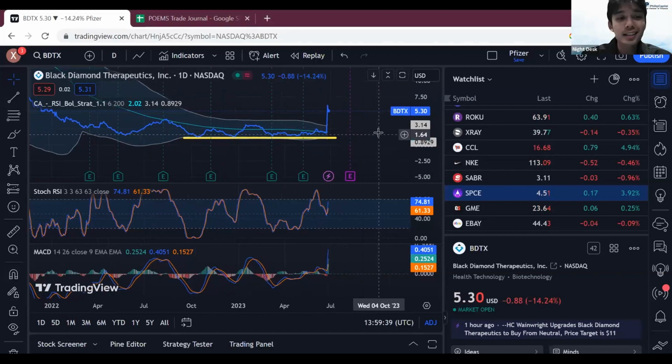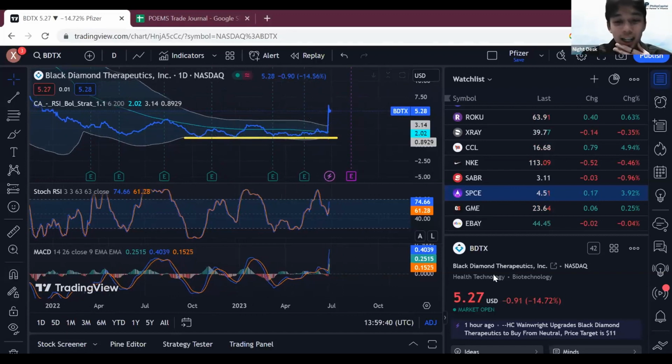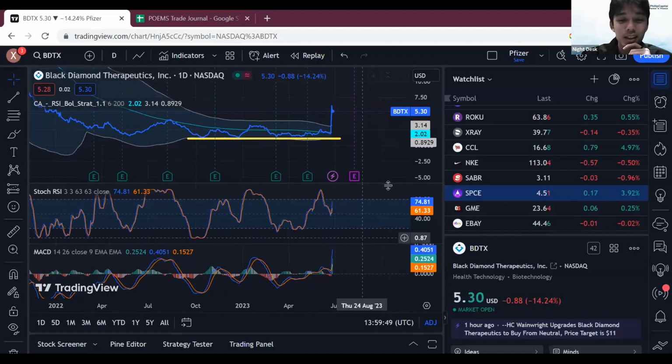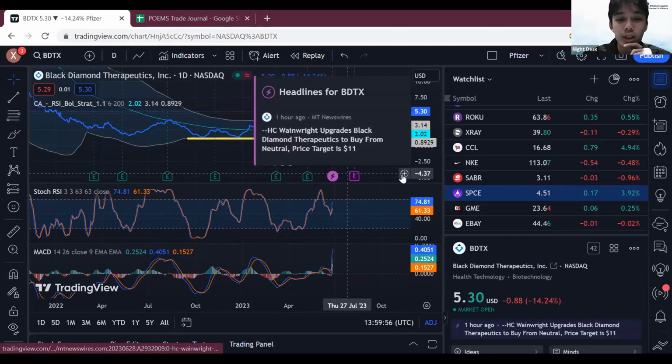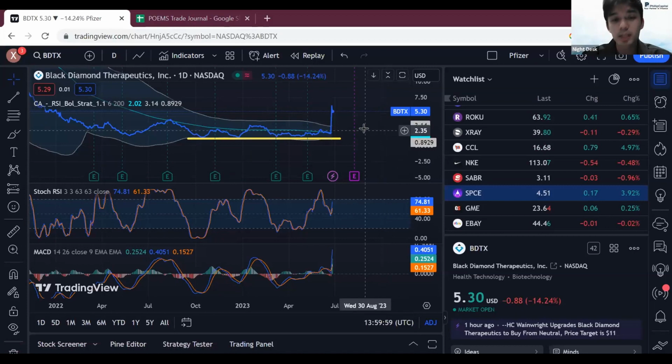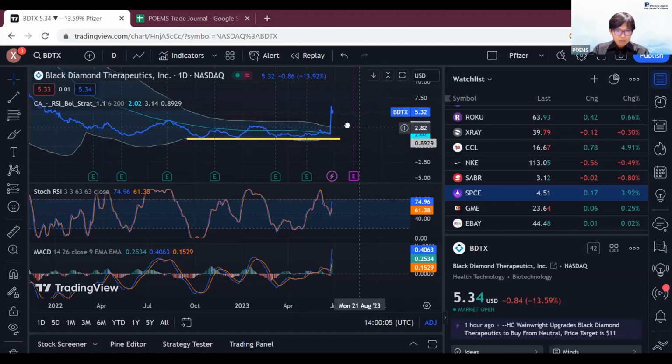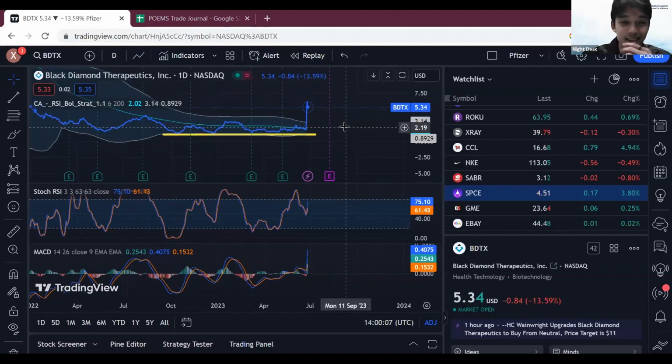Looking at this BDTX is a bit shady lah. You can see that once the market opens, it drops about 14%. Is this something you want to go in? That is another question. But currently, if I look at the TA itself, this sudden spike may be due to the news lah. If you look at this news, there was an upgrade. It might be due to this reason, but of course there may be a lot of other different reasons as well.